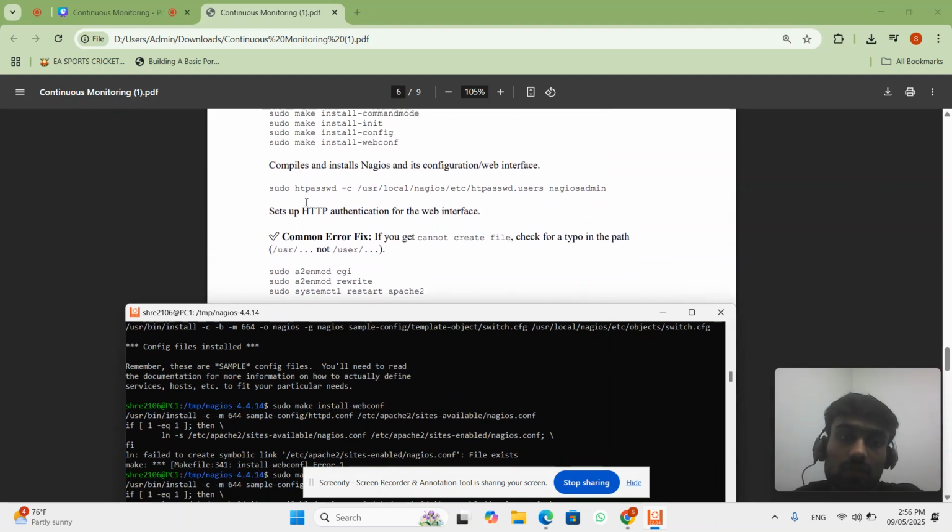So now we have to set up HTTP authentication for the web interface. There is a web interface of Nagios. From that we can monitor our hosts or our targets, whichever machine or server we have to monitor, we can monitor it from the Nagios GUI. So for that we will need HTTP authentication. So for that the command is